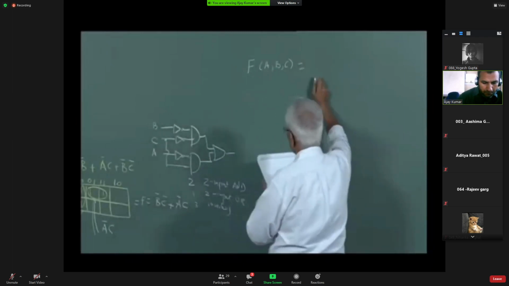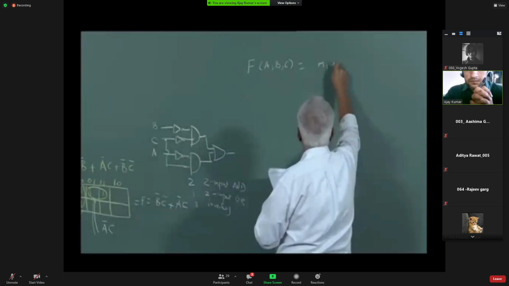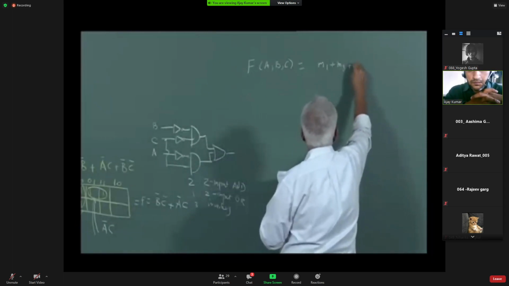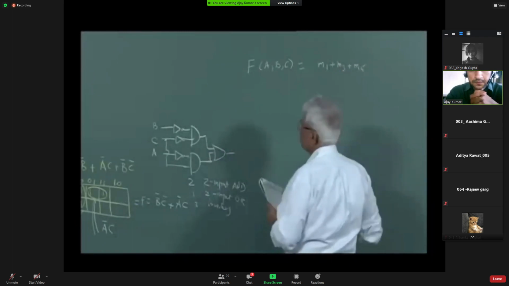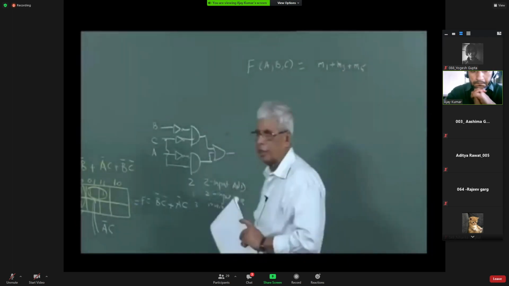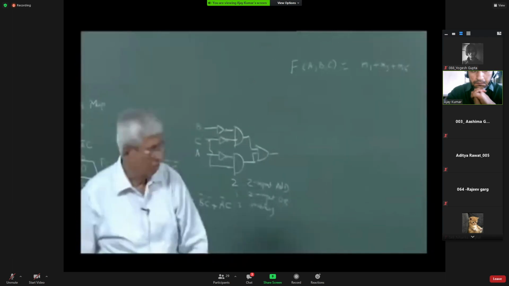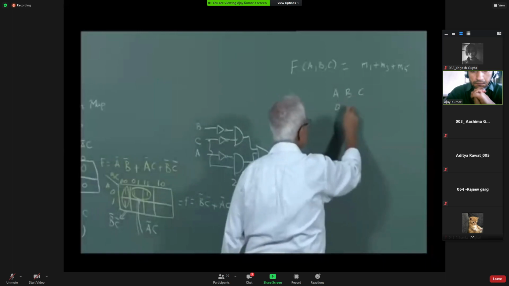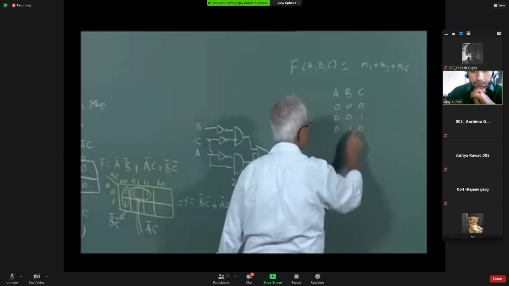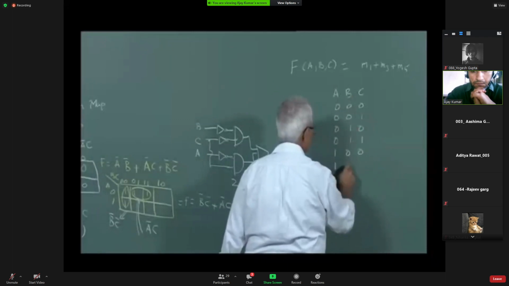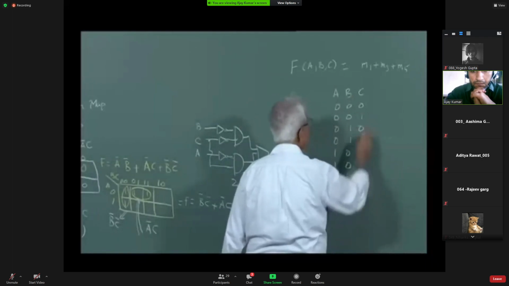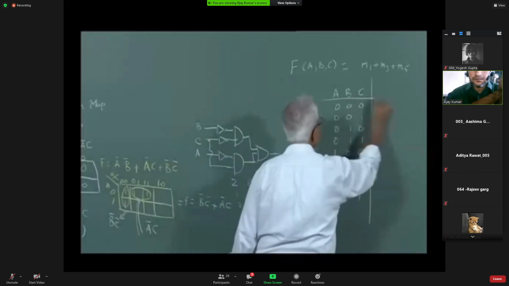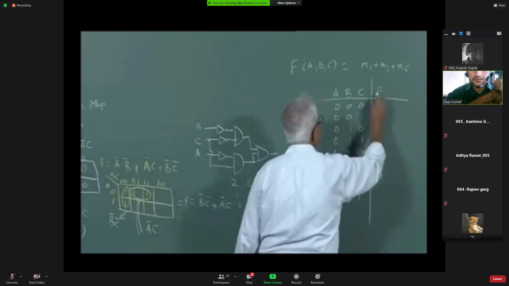M0, M1, M3, and 5. 4 terms. These are three variables, which means this is 1, this is 3, because this is 0.